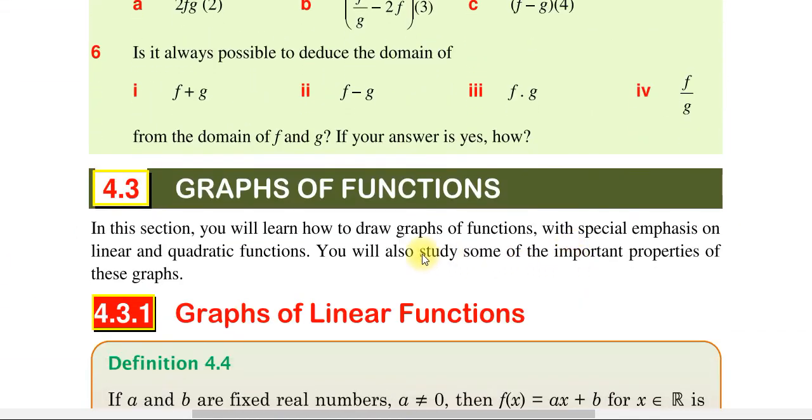ቀጣይ ቶፒካችን ምን ይሆናል graphs of a function. In this section you will learn how to draw a graph of a function with a special emphasis on linear and quadratic function. You will also study some of the important property of this graphs. አሁን በዚህ ሴክሽን ውስጥ እንግዲህ የምናየው ግራፎችን የፋንክሽን